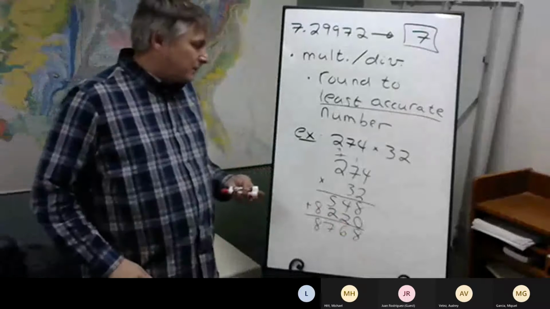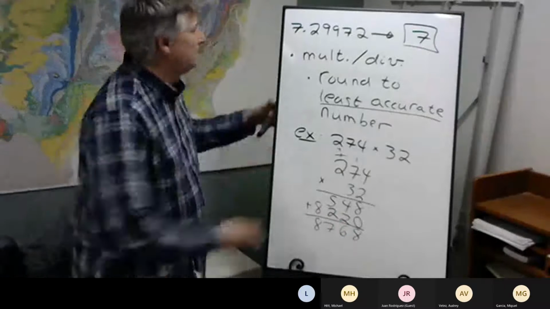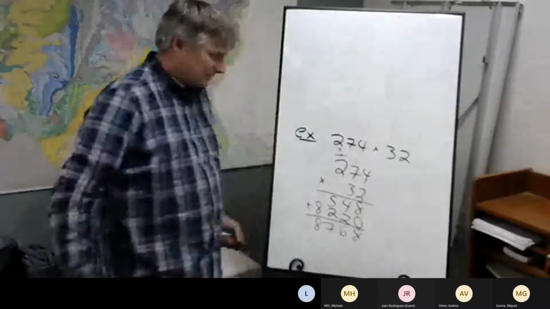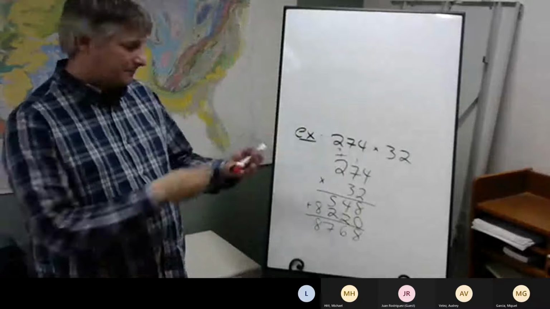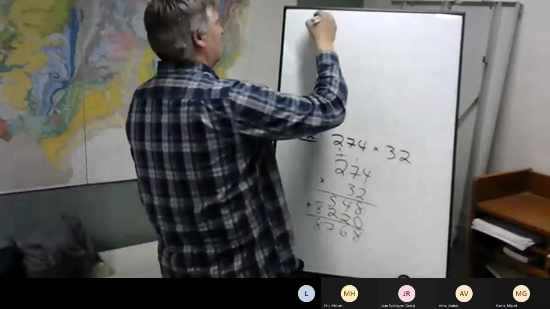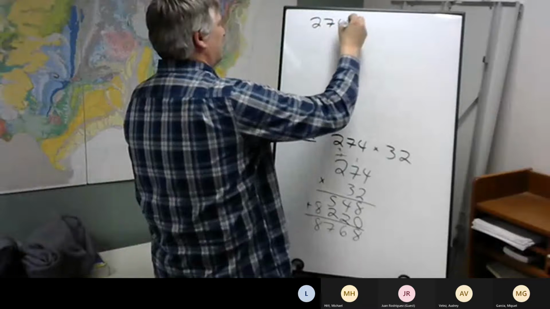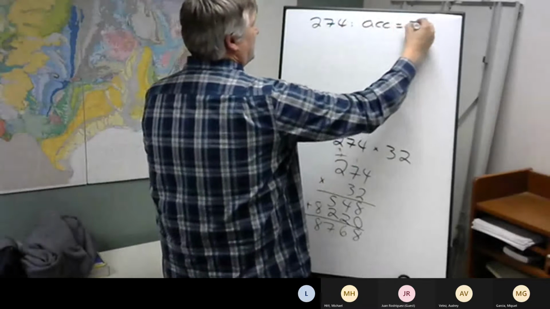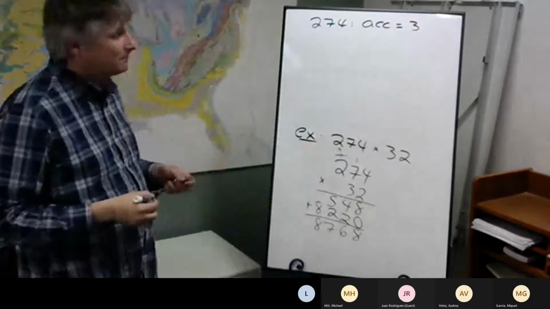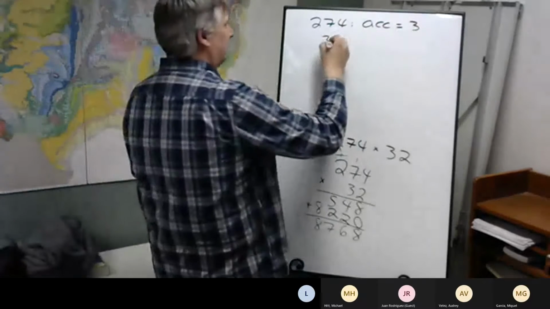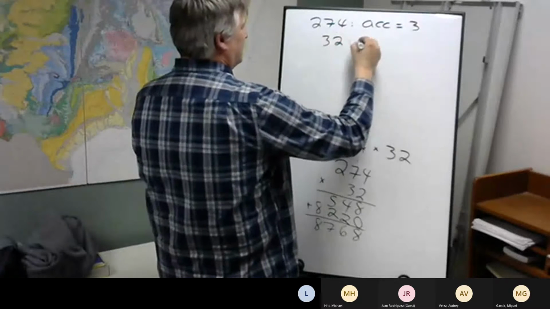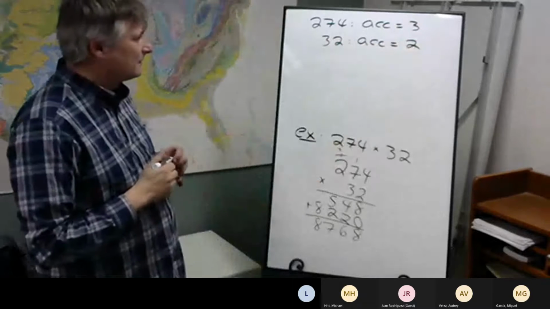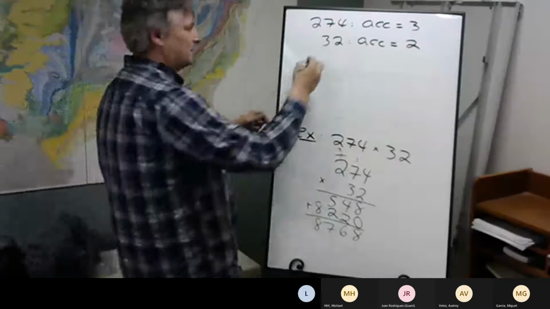Now, in the past, we would say that this is our answer. But let's take a look at the accuracy. The accuracy here is 3. And for this one, the accuracy is going to be 2. So that means